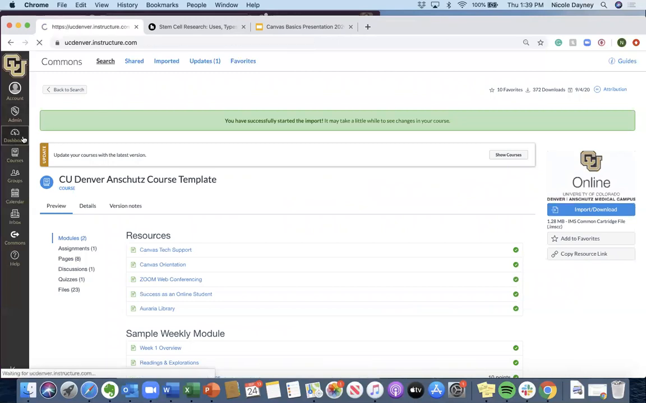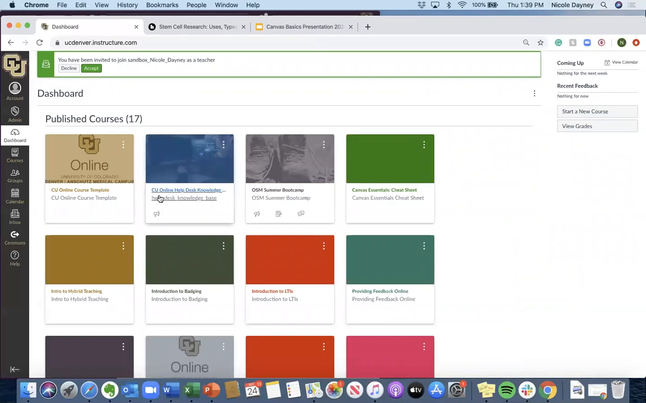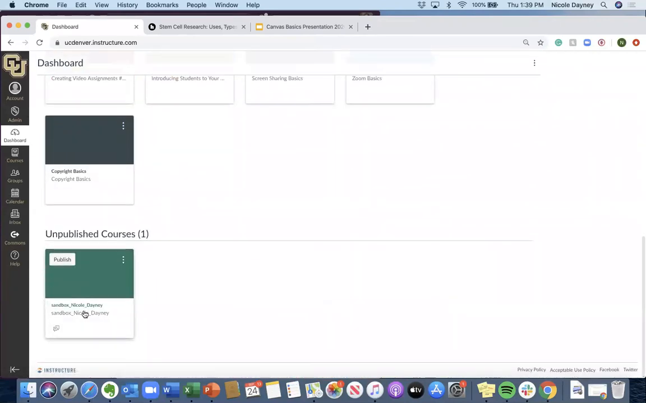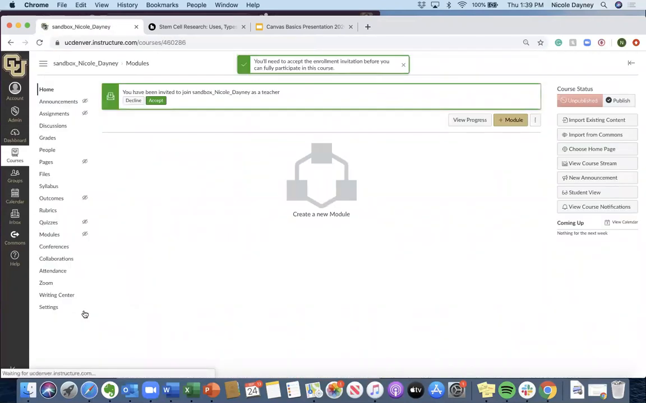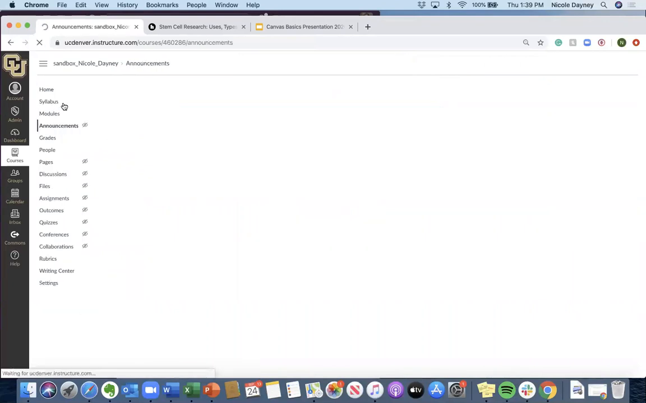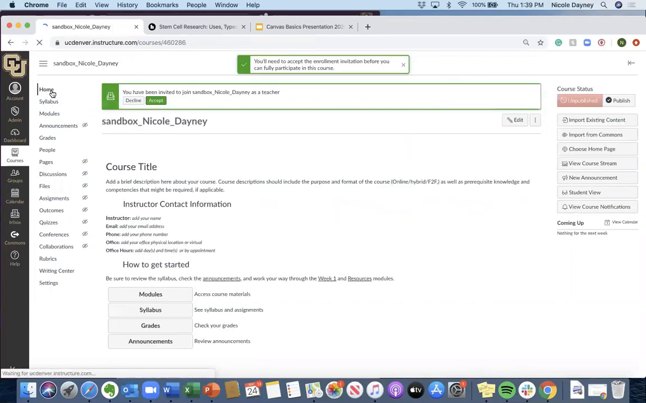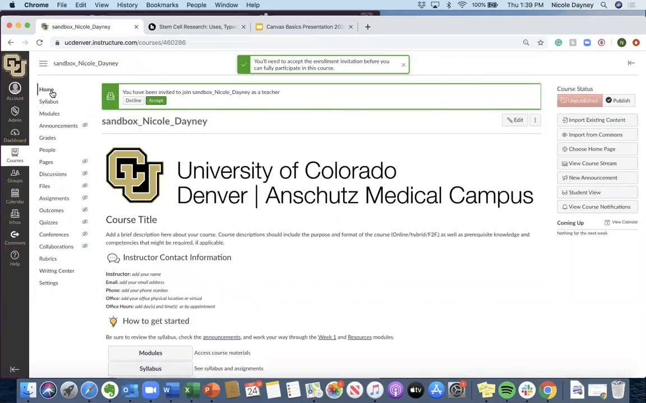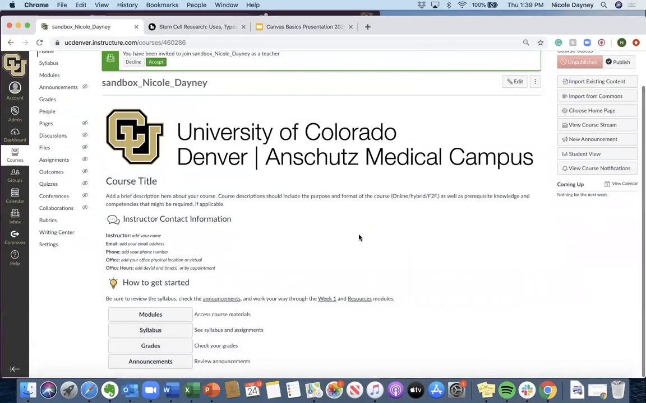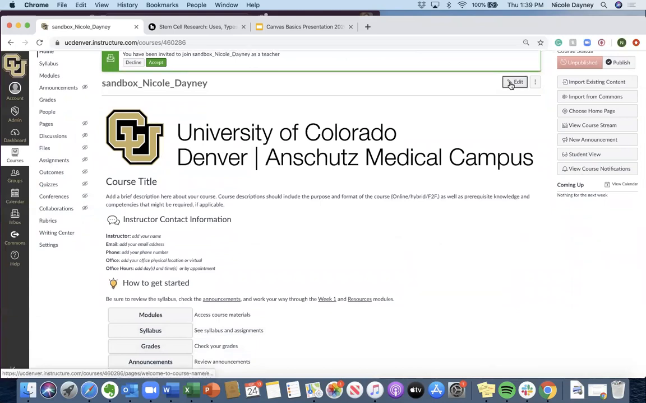So we'll go back into our dashboard. And then at the bottom here, okay, here we go. So it looks like it took a minute. Okay, so it looks like the ODE course template did download. So clicking on the home page here is the home page. If we click on edit,